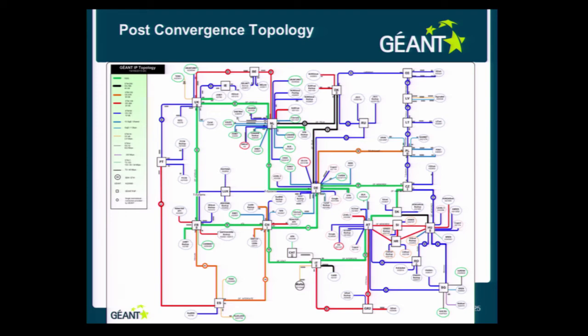Currently they're running at around 20% on some of the links. There are only a few which sometimes go above 40%, but at the moment we don't think we need to upgrade any to 200 gig within the next 6 months or so. But we think we may have a requirement to upgrade the Western Ring, this link especially, and this link, maybe by end of next year to 2 times 100 gig.